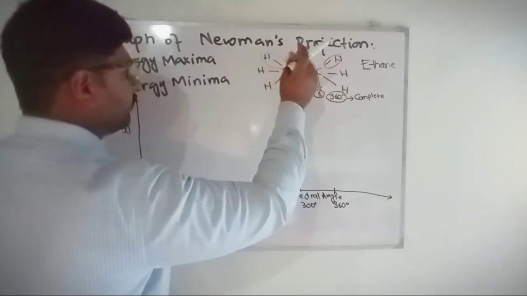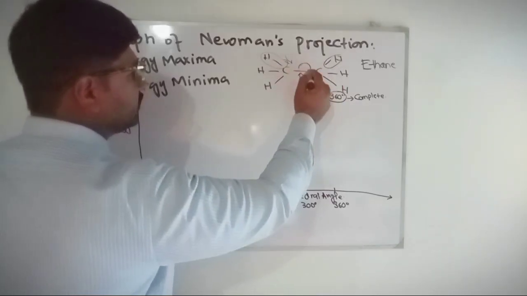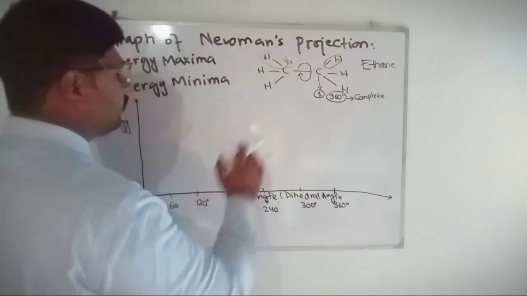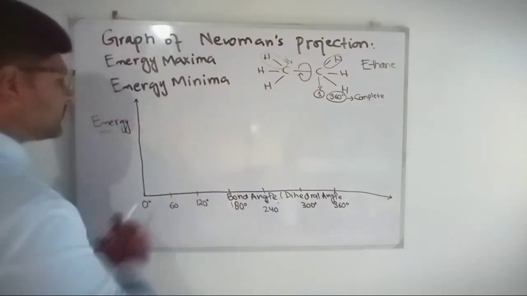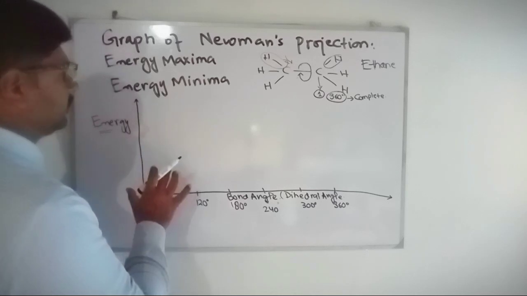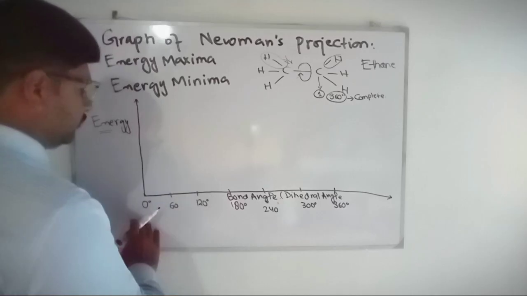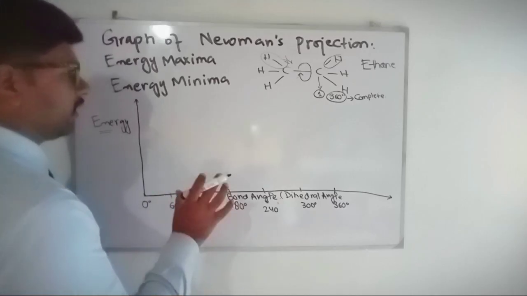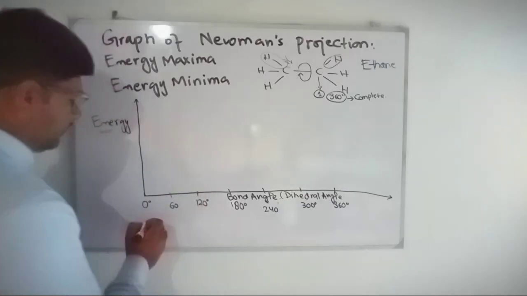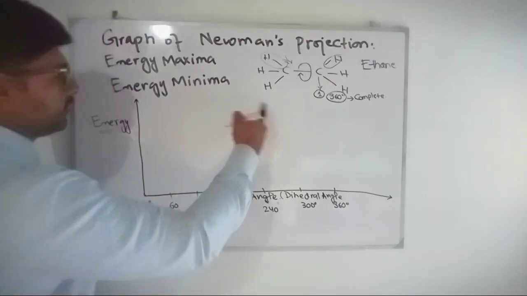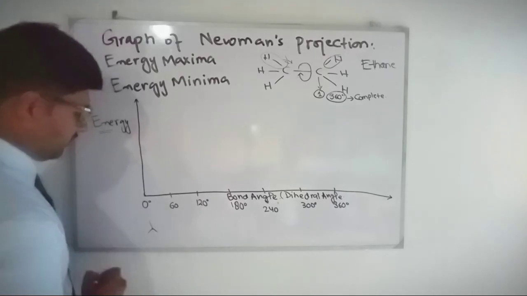And what will be the relationship of energies when it shows the rotation? Now we are going to discuss this in the form of a graph. So this is the basic and main thing about Newman's projection, that you must learn how to draw a graph. So at 0 degrees, let's suppose we are drawing a conformation here, and we are saying that this is our front carbon,